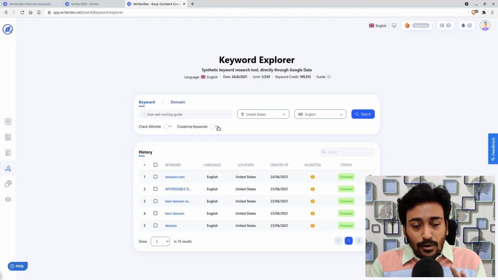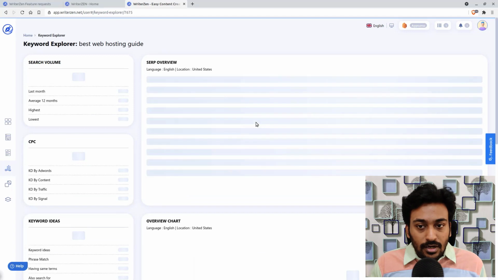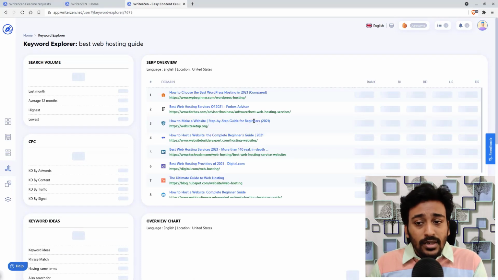So if you enable it from the get-go, you will be wasting your credits analyzing all the unneeded keywords, or all the keywords which you don't want to target. What I would do is turn these off at this stage and just search based on the country I want, and you will end up